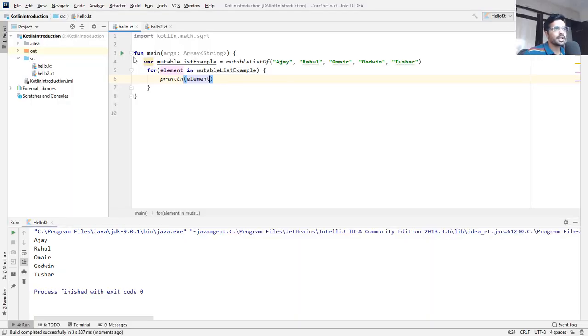And we have successfully printed our mutable list. Now we can add more names to our list since mutable list supports add operation.